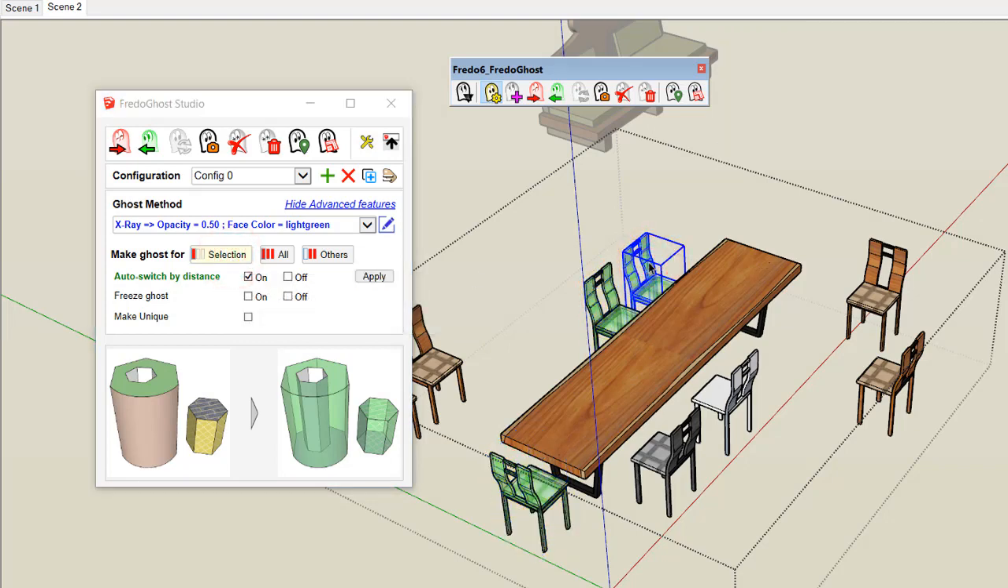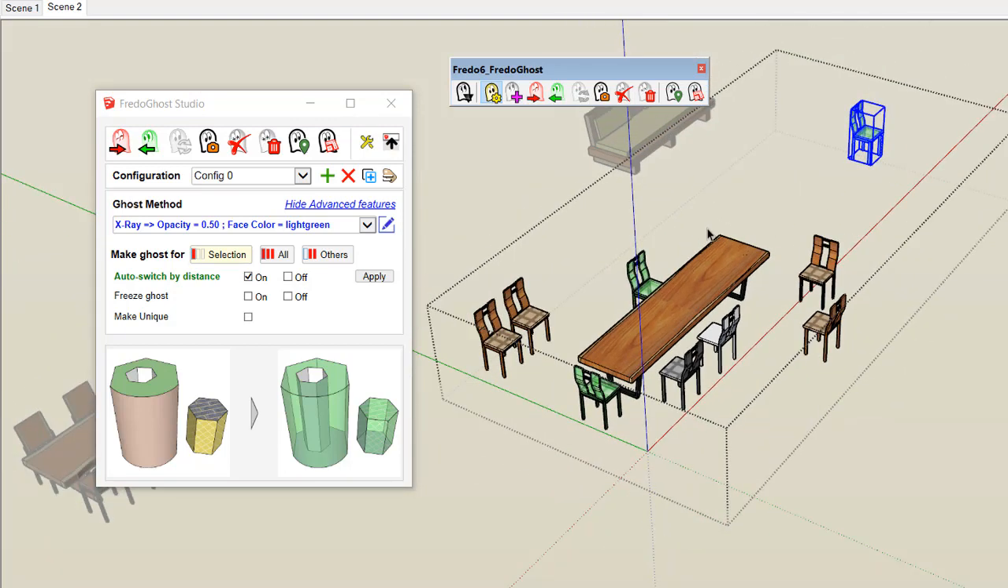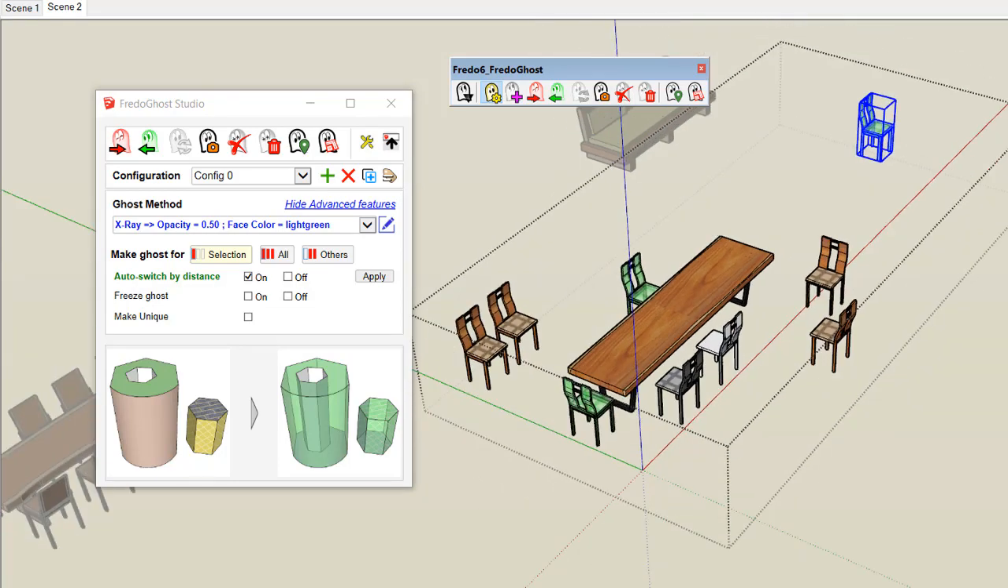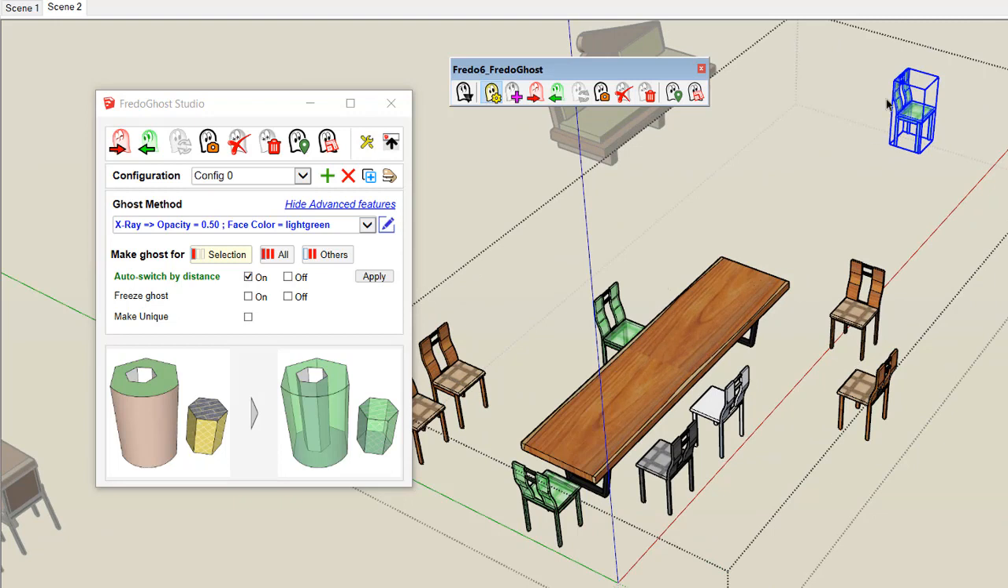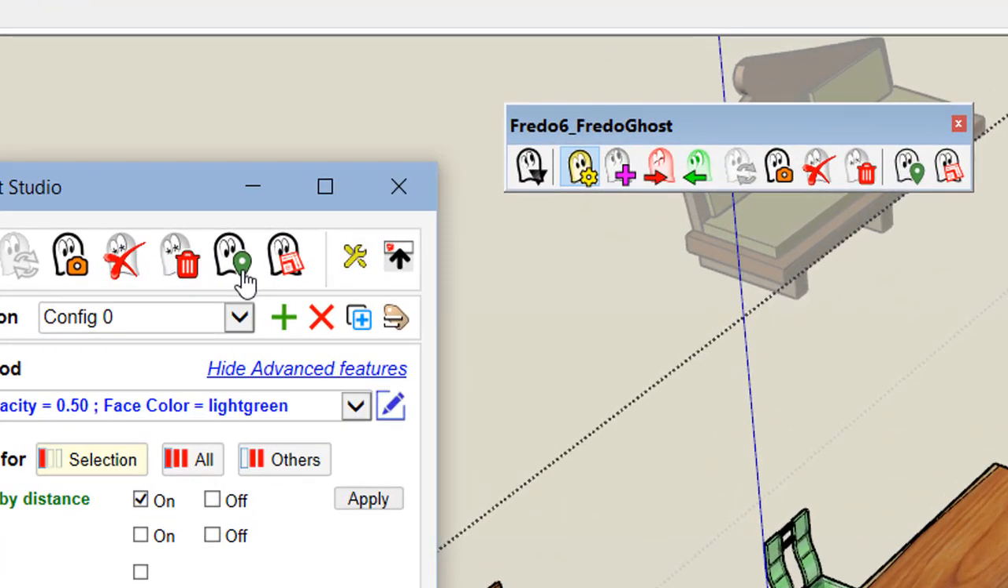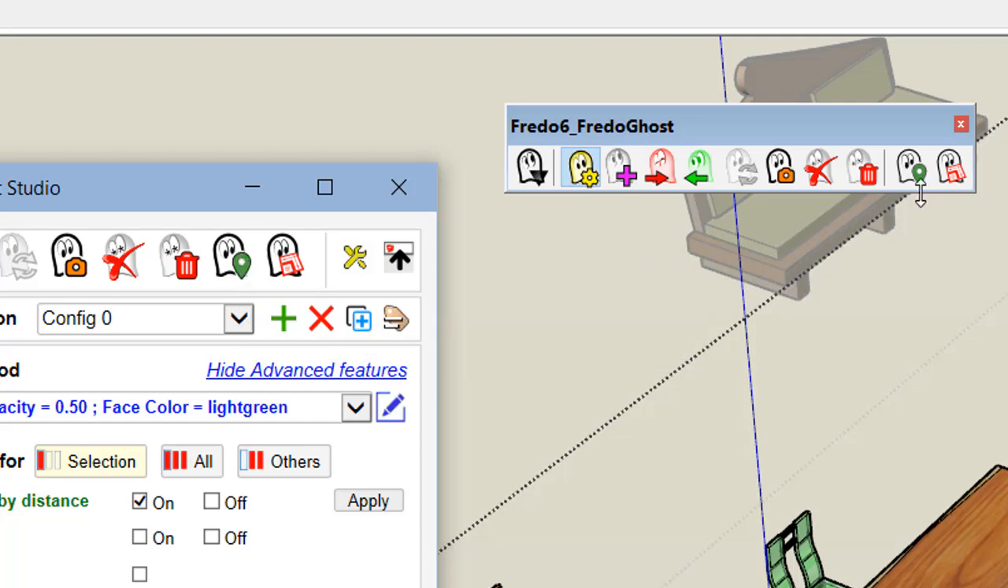Now let's take the chair and move it a little bit away. So when you zoom in, zoom out, or change the view, the ghost remains the same. You have to enable the sensitivity to distance for the model. So this is what this toggle button is used for. If you click on it, or you can use this button as well, if you click on it, now